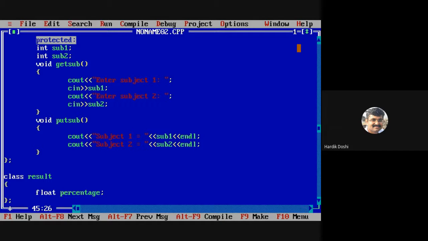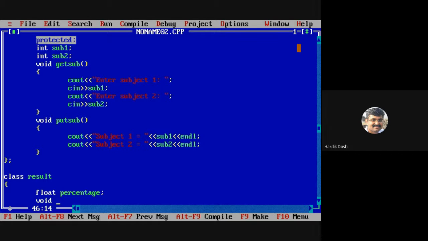Now see, if someone is told that you have to implement the result, the result calculation is your work, then wherever the formula applies, what should they do? The marks which have been obtained by the class test are to be used by the result. That's it. This is how it works. Okay then. Okay. Now float percentage.